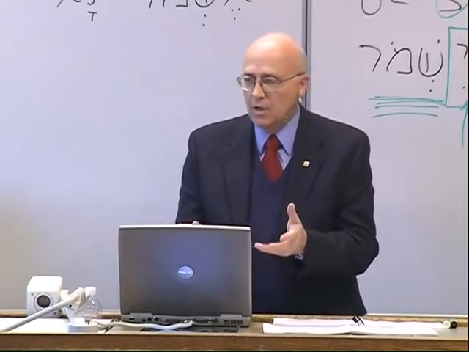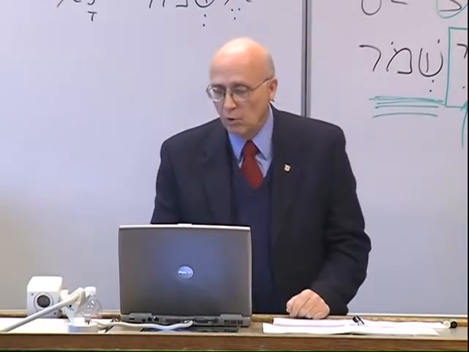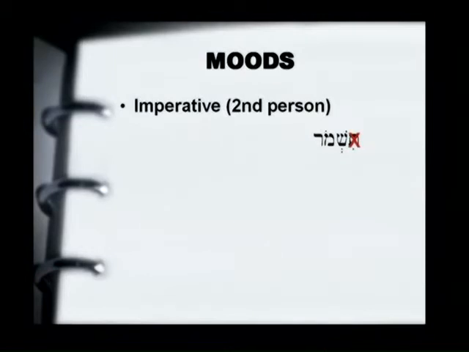So we take the qal. We have second masculine singular as tishmor. We take that tau off, and we have shamor. That is the masculine singular imperative. All you do is remove the prefix. Just remove the prefix, and you have the imperative. Keep. Now notice, when I gave the parsing there, ms, I don't put two ms. On the imperative, you never have to indicate the person. Everyone knows imperatives are second person.